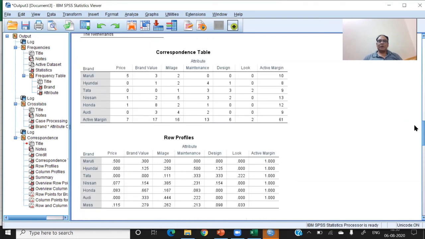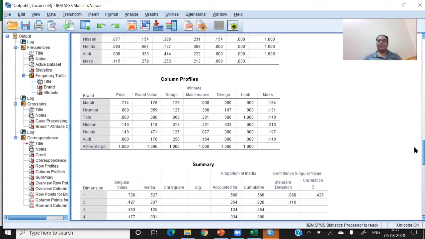The first table you need to report in the paper if you want to write a paper. This is just the number of clicks for different cells. For example, in the first row, the maximum click comes in the first cell. In the second row, the maximum number of clicks comes in the fourth cell, like this. Then if you divide all the numbers by the row total, you will get this. Similarly, if you divide every number by the column total, you will get this. I hope you understand the meaning and interpretation of these tables.